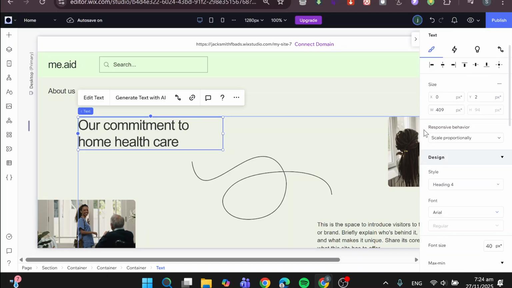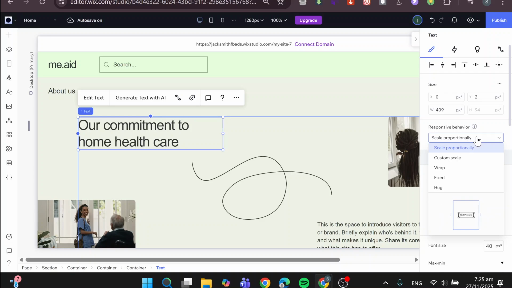Now we're going to find the text scaling within the responsive behavior. So we're going to head over to the responsive behavior and we're going to see that we have